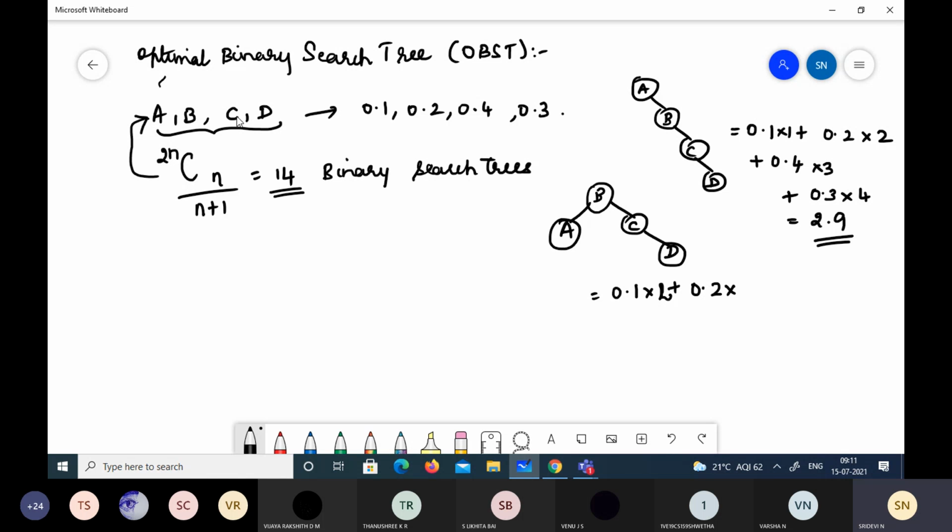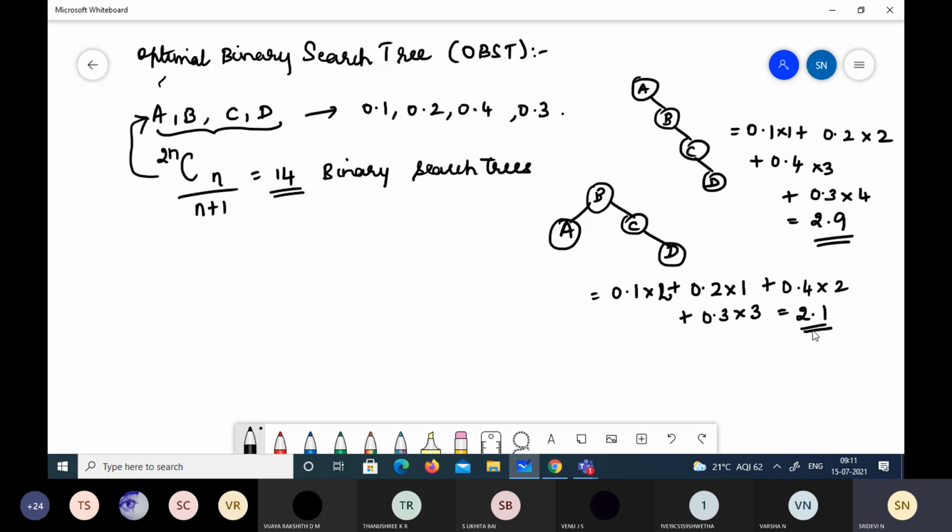Probability of B is 0.2, plus probability of C, 0.4, into what is the level? Second level again, plus probability of D, which is 0.3, and what is this level? 1, 2, 3. So this will have 2.1 comparisons.